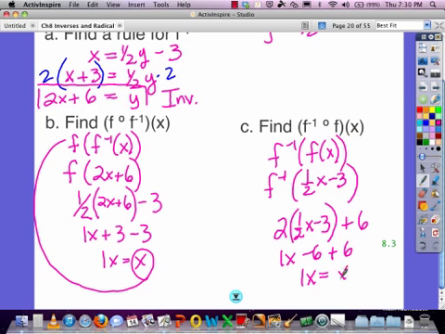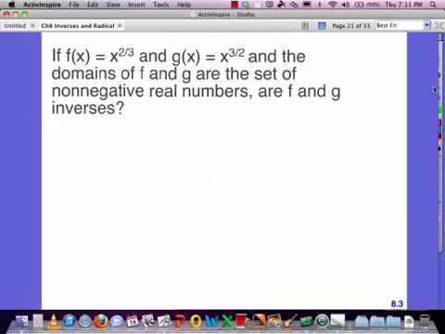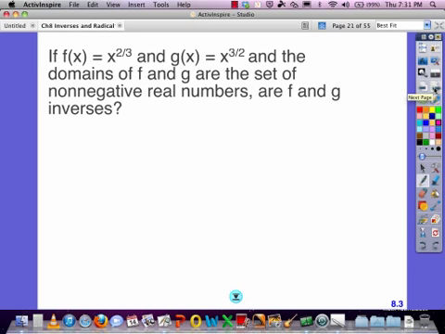1x equals x. And again, when we did our f inverse follows f of x, we started with an x, and we also got an x out. So that shows that these two things were definitely inverses of each other. But the question will be, what if I don't know that they are? That's something we'll explore. On this one, if f of x equals x to the 2/3 power, and g of